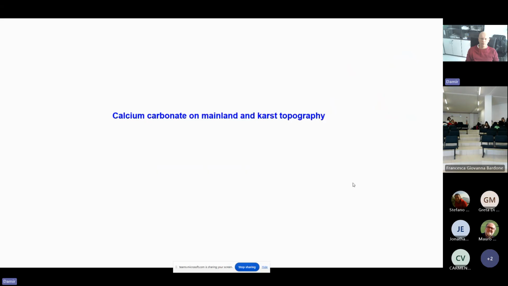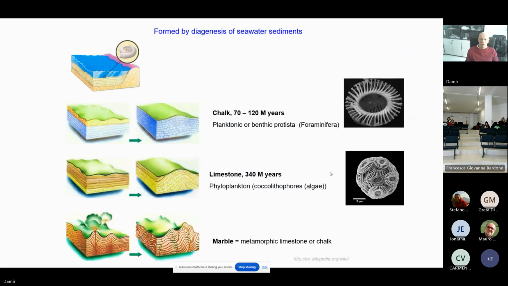And finally, a few words about calcium carbonate on the mainland and about karst topography. I should emphasize that most calcium carbonate that can be found on land is actually formed by the diagenesis of seawater sediments. Chalk is calcium carbonate that was formed 70 to 120 million years ago, and it is a result of